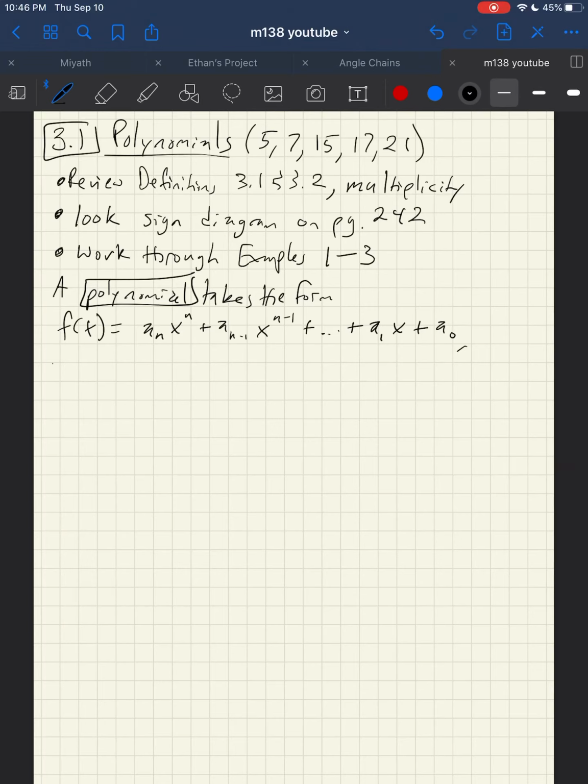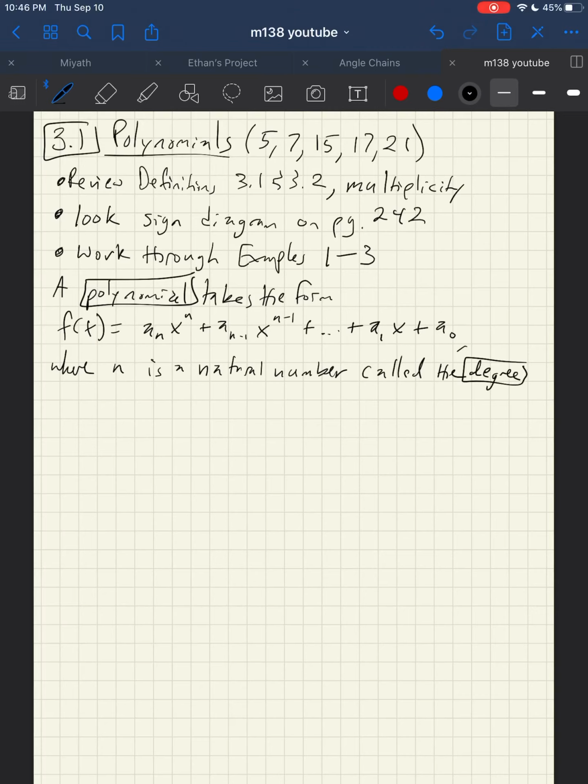So this is a polynomial, and I'm going to tell you some characteristics of it. Where n is a natural number, called the degree,